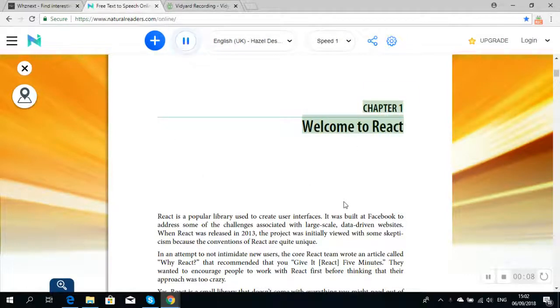Chapter 1: Welcome to React. React is a popular library used to create user interfaces. It was built at Facebook to address some of the challenges associated with large-scale, data-driven websites. When React was released in 2013, the project was initially viewed with some skepticism